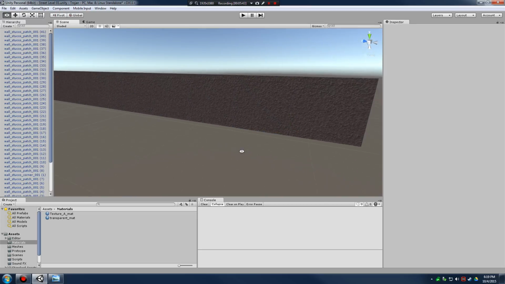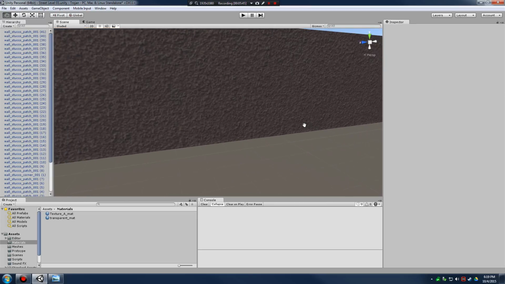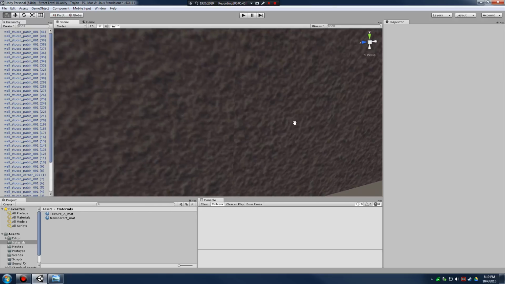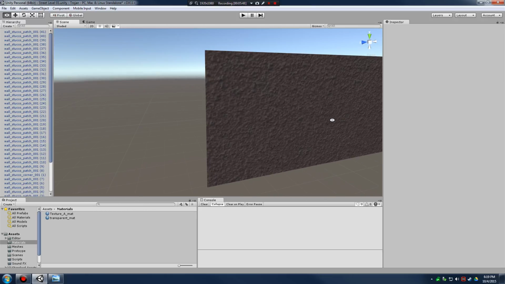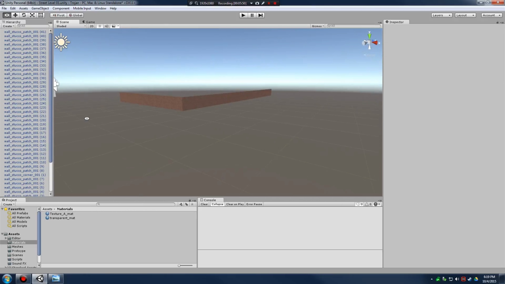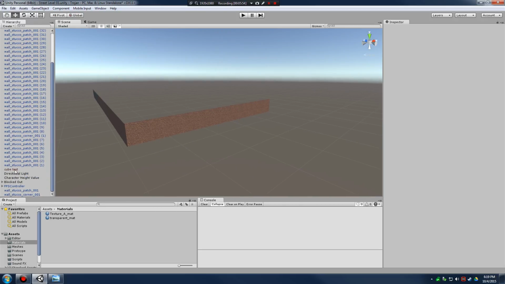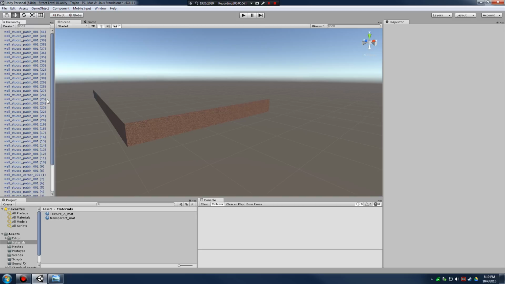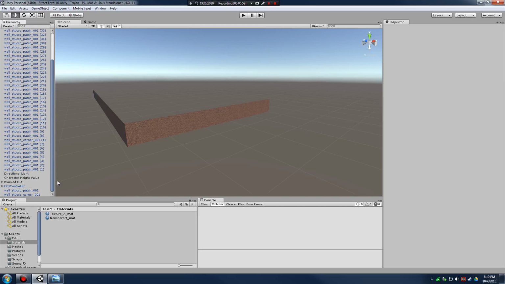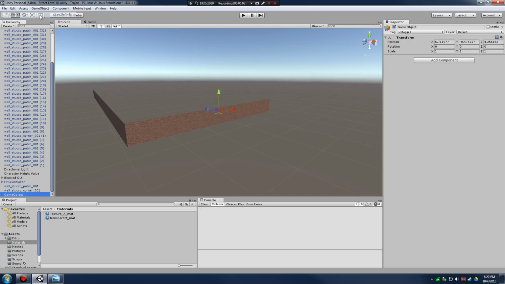All right, great. And I'm just going to inspect a little bit closer, making sure we don't have any gaps. Looks like we don't. All right, so now we have the base of my building built. But we have a really messy hierarchy now, don't we? So why don't we go ahead and create a new empty game object, and let's call this